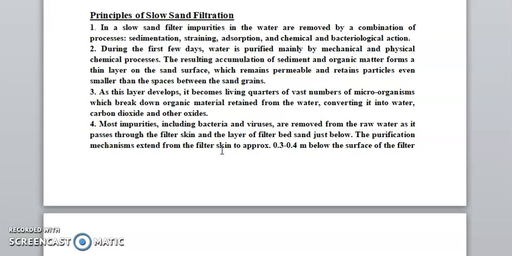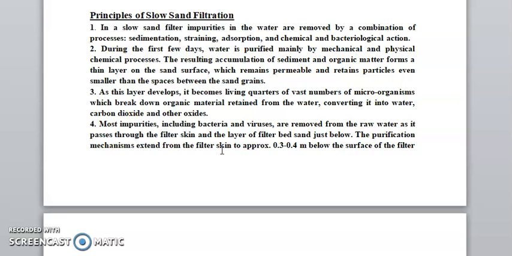As the layer develops, it becomes the living quarters of a vast number of microorganisms, which break down the organic matter retained from the raw water and convert it into water, carbon dioxide, and other oxides. Third and fourth, more impurities, including bacteria and viruses, are removed from the raw water as it passes through the